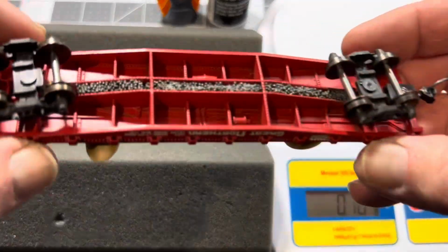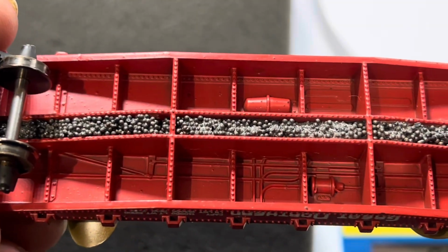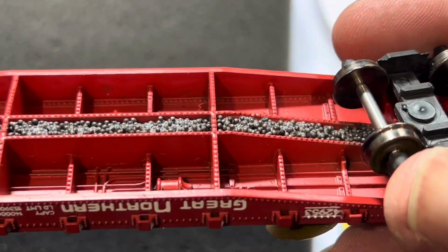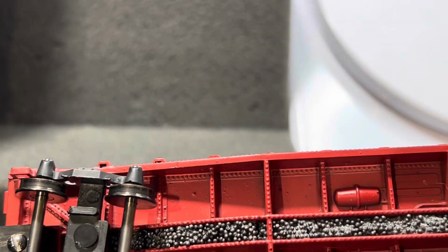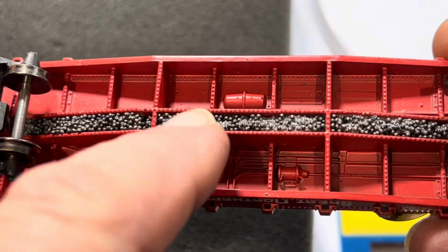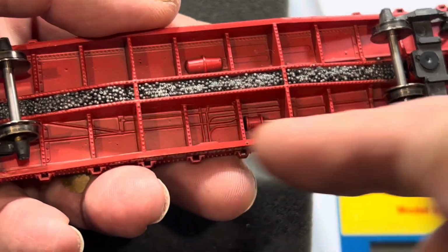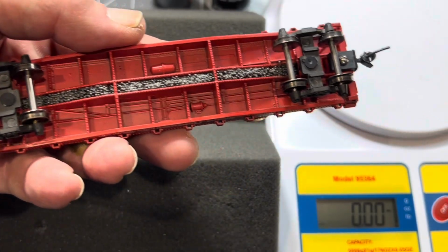So I did add more, as you can see. Let me zoom in. I filled in more than I wanted to. I was trying to put it between the ribbing. But I put a little bit in and weighed it, and there's not a whole lot of the liquid gravity in there. Then I opened up another bottle of Gorilla Glue, a fresh bottle. What I was doing was putting the balls in, putting some glue in, another layer of the liquid gravity, some more super glue, just to lock it all in place. But I could add in more. It could really fill in the whole bottom and get the effect I want, but I just don't feel like doing that. And if you look at the scale here,